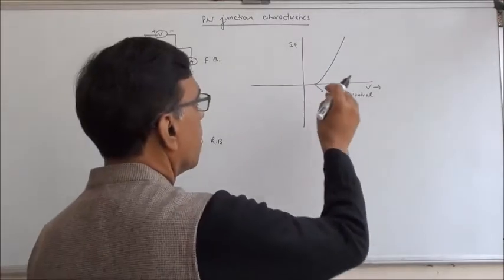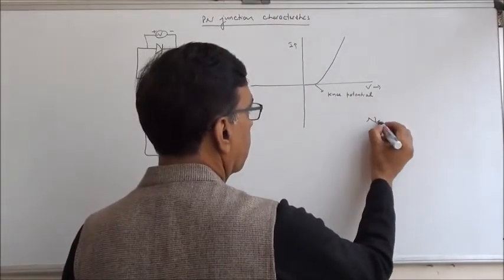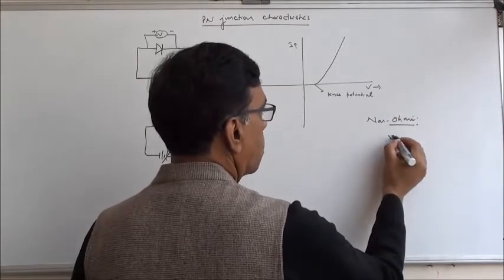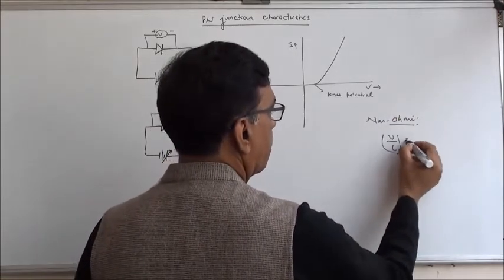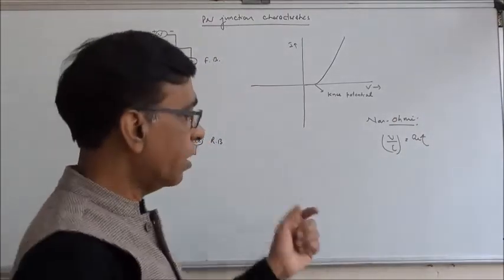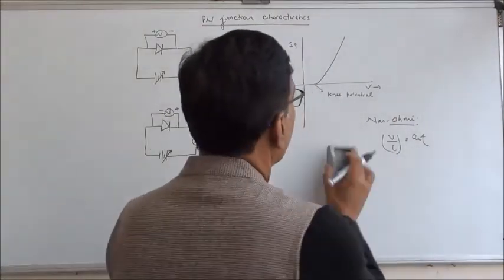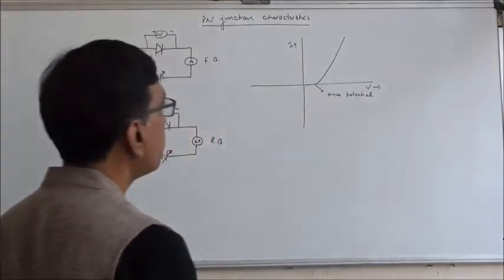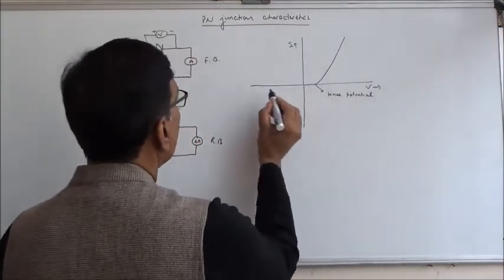So this is forward bias. It is non-ohmic, because V upon I remains constant in ohmic devices, but here it is not so, as the VI graph is not a straight line. In reverse bias,